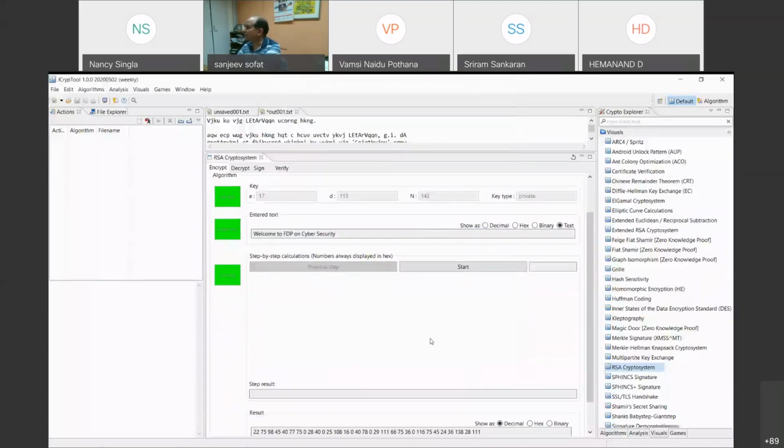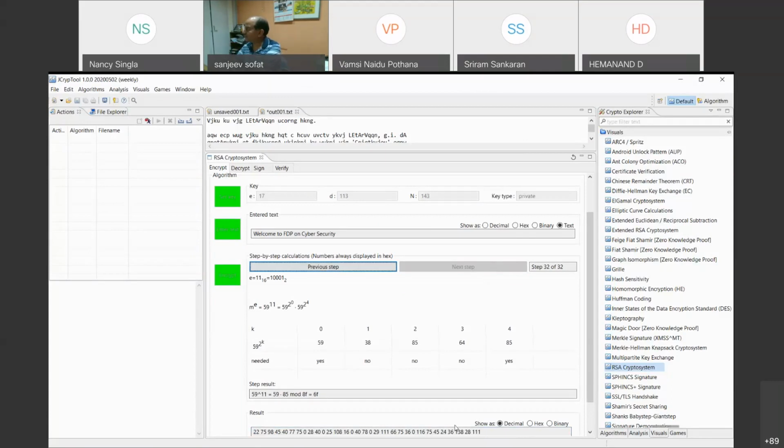One by one it will start encrypting the data. You can see W is changed to 22. Likewise, there are a total of 32 steps, and all the calculations are visible here. So you can easily visualize, and you can see in the result field how it's getting encoded. Likewise it works.